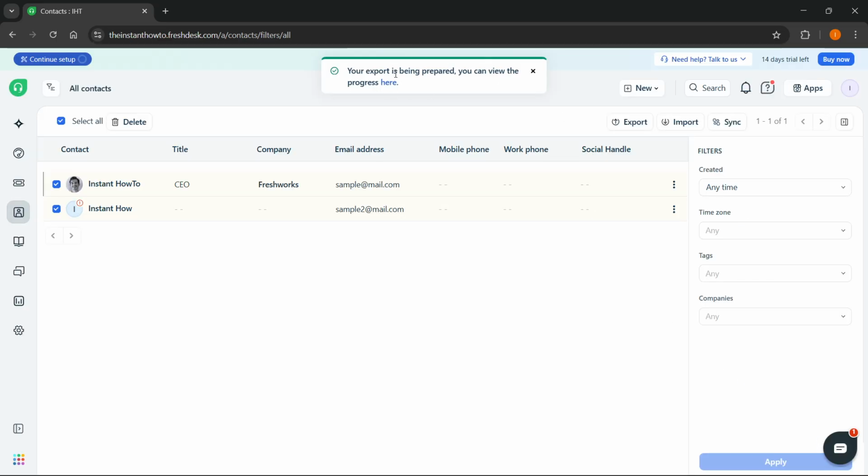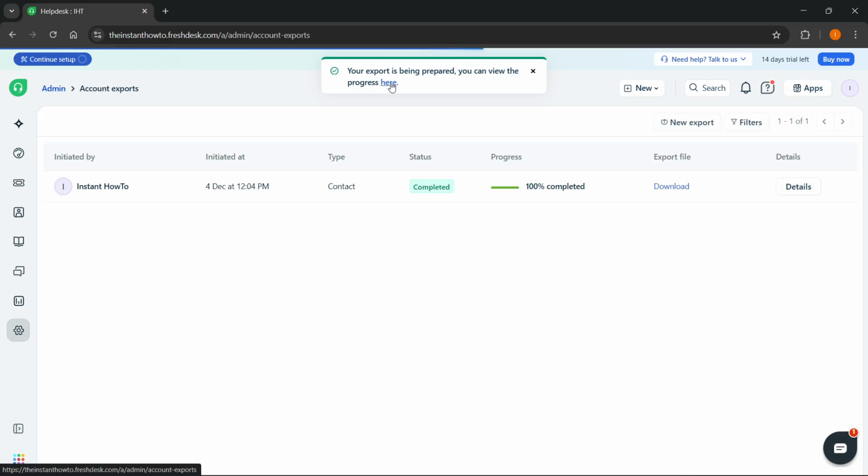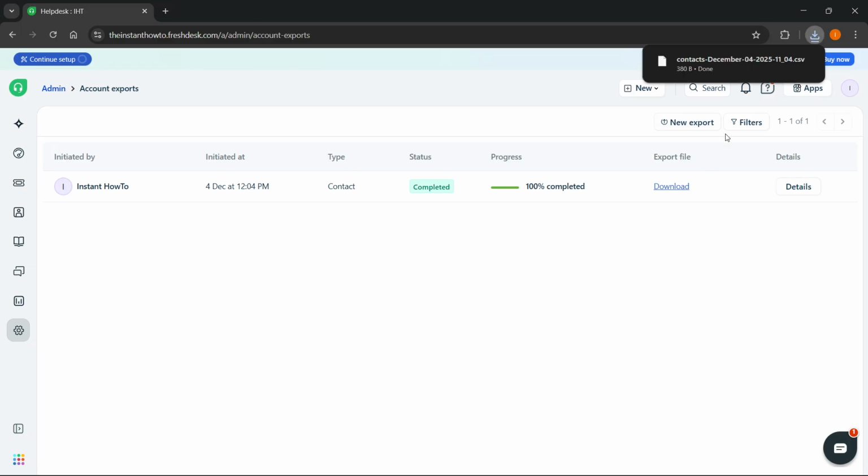And then here it's going to say your export is being prepared. You can view the progress here, and you can just click on the here button over here. And as you can see, it's already done. I can just go ahead and see the details or get the export file by pressing download here, and I now have it on my computer. So that's how you